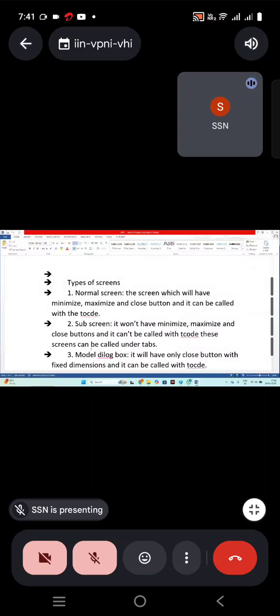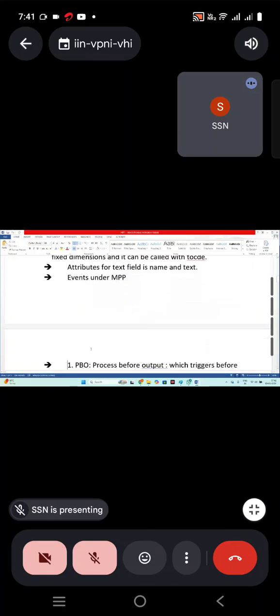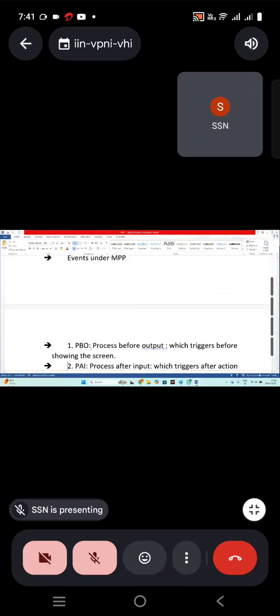And the modal dialog box has fixed dimensions and only a close button, with no minimize or maximize. That is called a modal dialog box. Is it clear about the screens? Yes, ma'am.